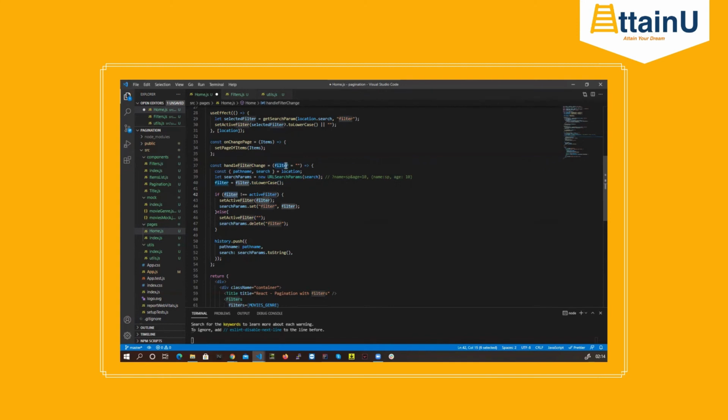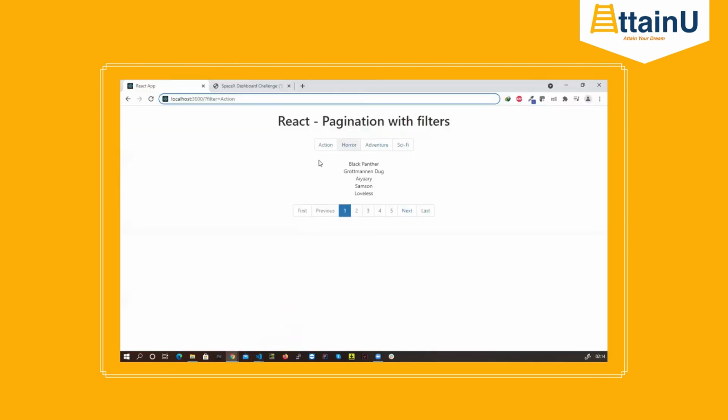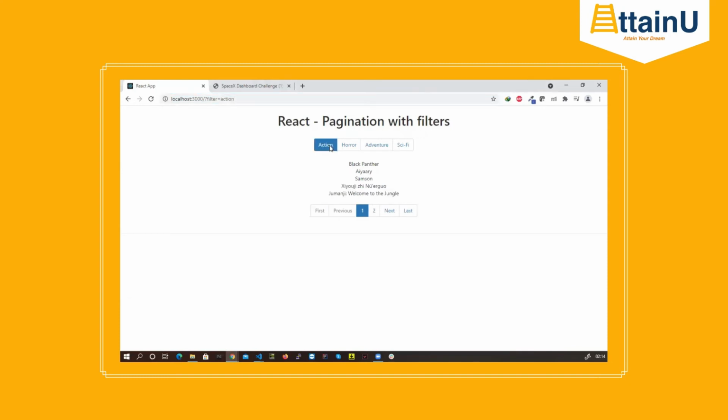Now here I'm checking that the new filter value that I'm getting, if it is equal to active filter. Why? Because I would not want to update my state again and again if the user is clicking the action again and again, right? Because if say user has already selected action, I've already applied that, right? What I can do, if user clicks on this action again, I can unselect that. Means I would remove the filter.